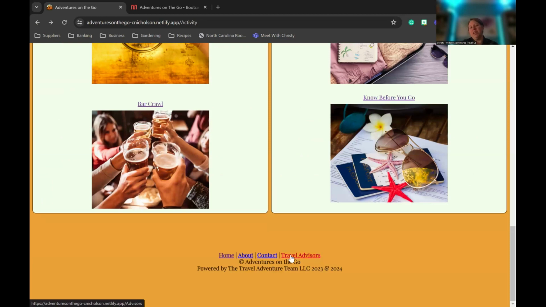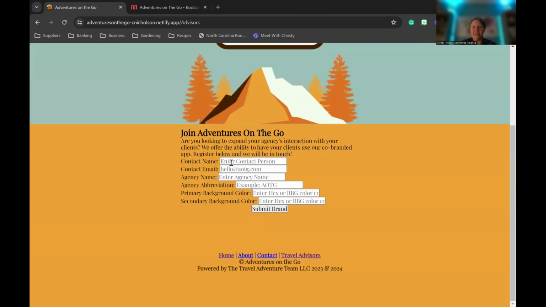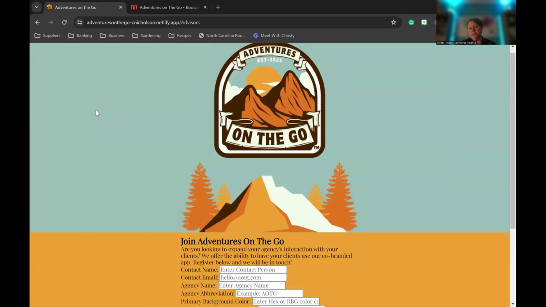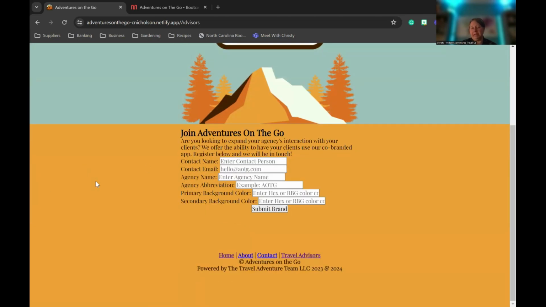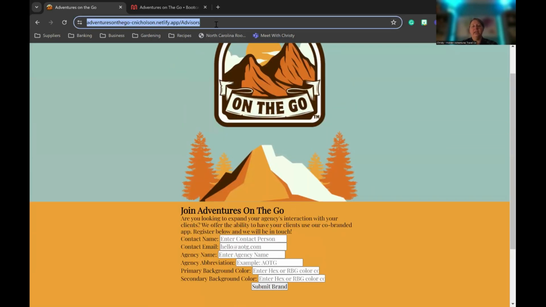The API that I implemented is here, where it allows travel agencies to join, and they would enter their contact, their email, their agency name, an agency abbreviation or acronym that they like to use, their primary color and their background color. This up here is the primary, the orange is the secondary. So it would do that. And then it takes them to,